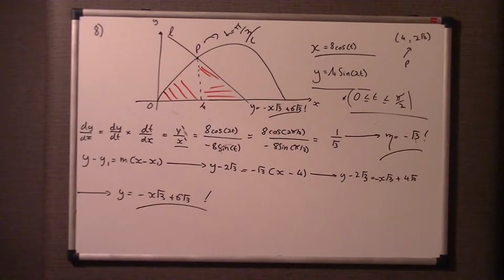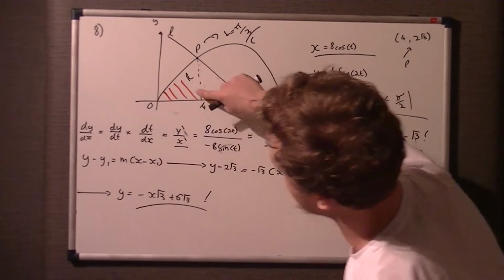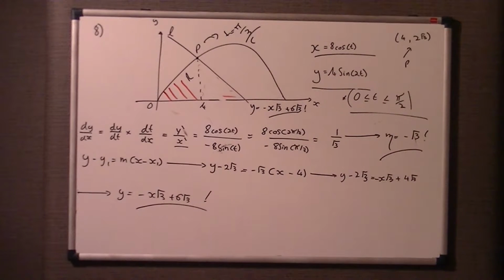So that's part B. Part C is asking us to work out this area R, the area in red that I've sort of removed the R from. We've got to integrate it to the line x equals 4 and the x-axis. Sorry, not this part here, so just up to P. So that part of the curve there, and we've got to show it is equal to the integral with limits pi on 2 and pi on 3 of 64 sine squared t cos t with respect to t. So we've only got to show it for part C,